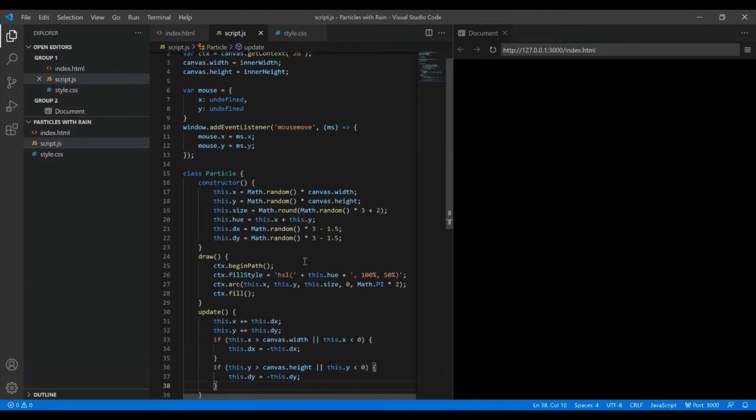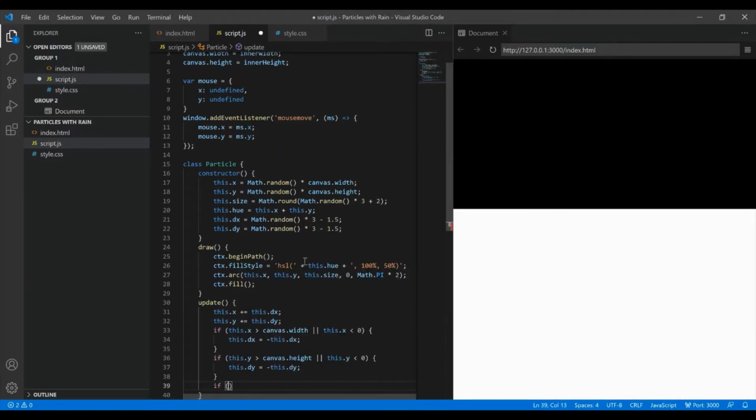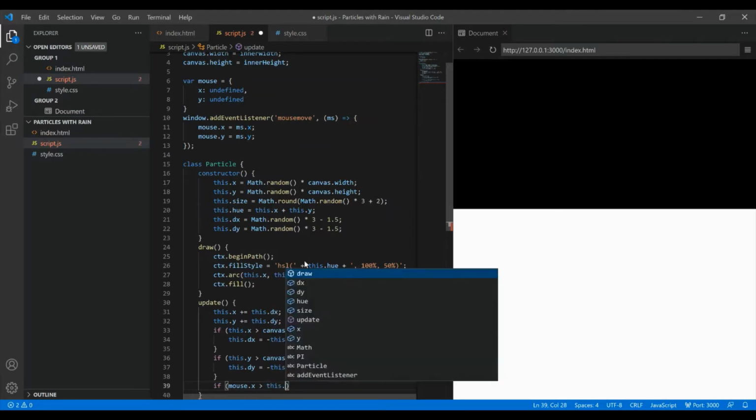So there we go. Now particles will bounce off walls. So now we want to test if the mouse is in the range of the particle. So if mouse.x is greater than this.x,